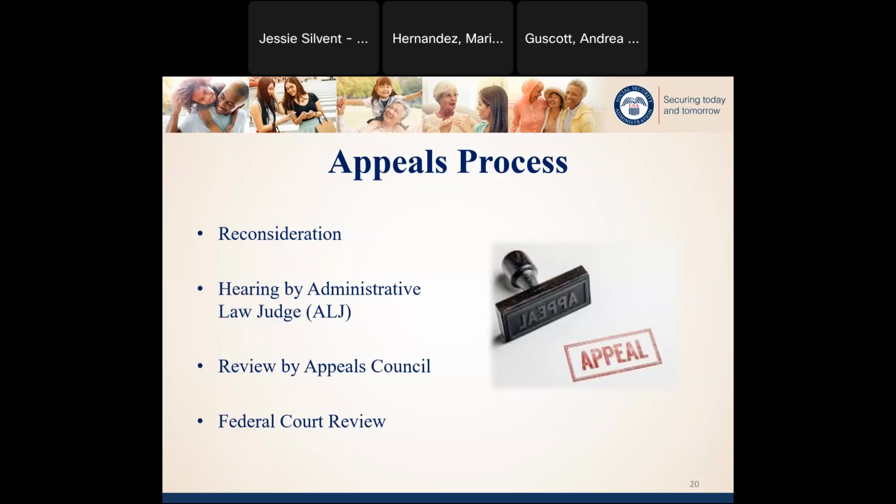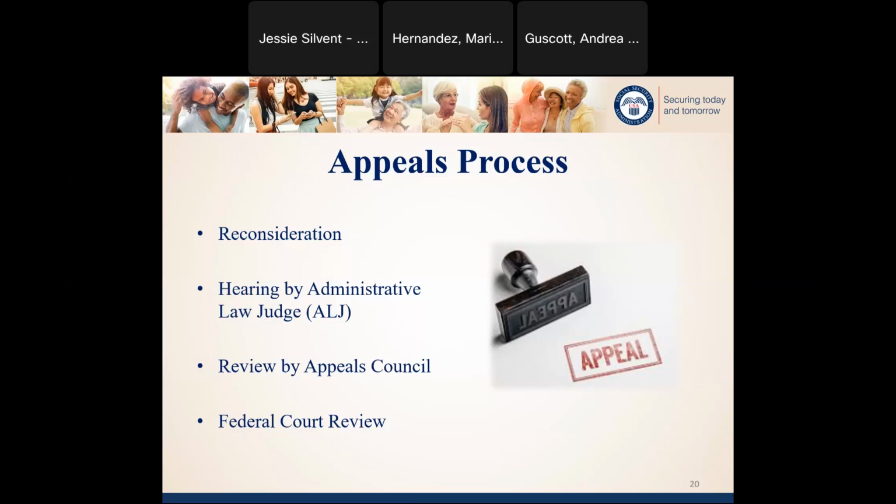If the initial decision is affirmed, or upheld, the individual will receive a letter in the mail informing them of the decision and the next appeal steps, which is to file a hearing that is heard by an administrative law judge. If the judge upholds the reconsideration decision, the appeal then moves to the appeals council level if that person decides to continue appealing the decision.